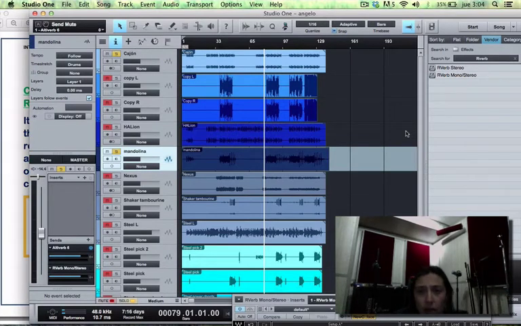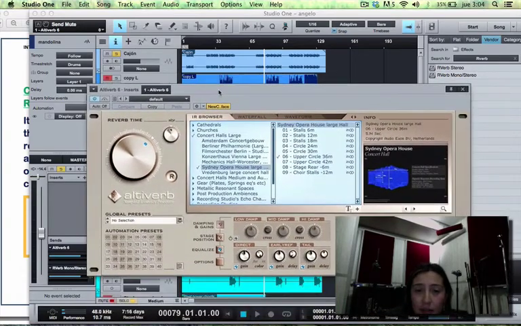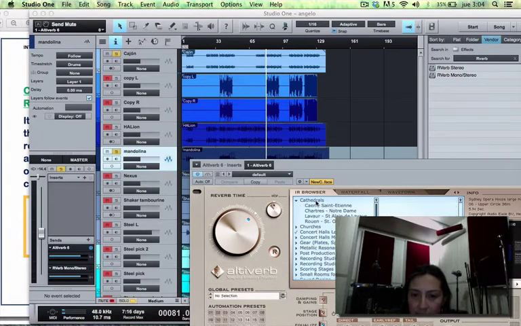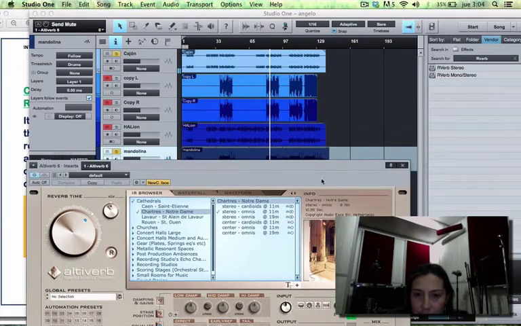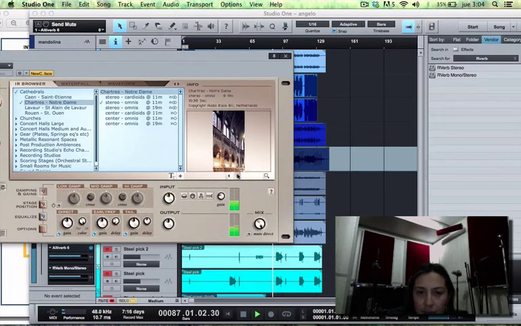I'm going to show you here in Studio One version 2.6 how this kind of reverb will work. So here you have an Altiverb, I have a mandolin, and you're going to listen to what is happening. For example, I select this one, the Church of Notre Dame. You have this place. Here you have information about the place,